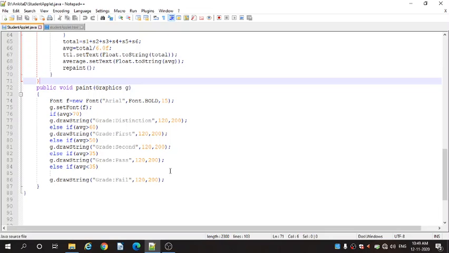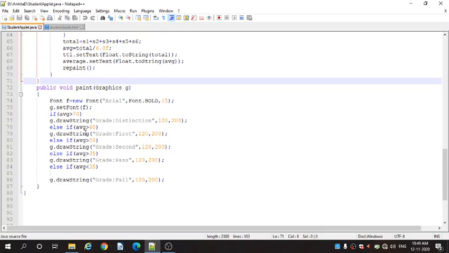After that we are calculating the grade with the help of if conditions. If average is greater than 70, then g.drawString with the grade distinction, taking x and y coordinates. drawString allows us to draw a string on a frame, such as distinction, first, second and pass.